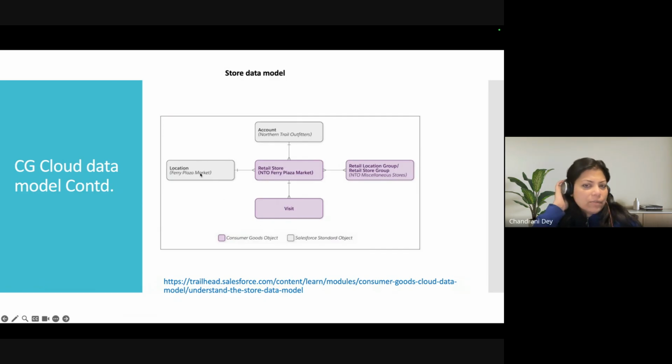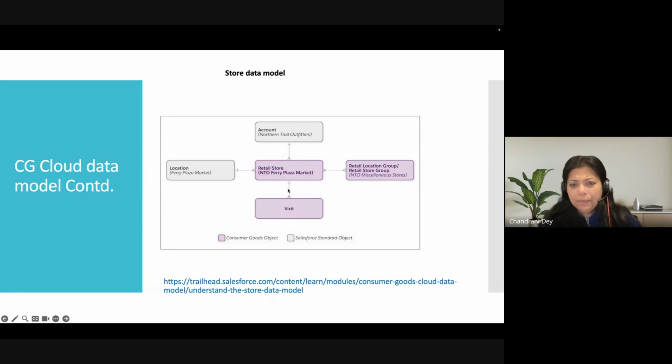And then for any particular store, you have visits. So when you record the visits, those visits would be based on the retail stores if you are recording their stores as retail stores. For my customer, we used to bind the visits with account, because even their retail stores, or whichever type of retail stores they used to sell their goods, all the records were recorded as account and child accounts and all. So they did not want to, or rather our architects did not want to use retail store for now.